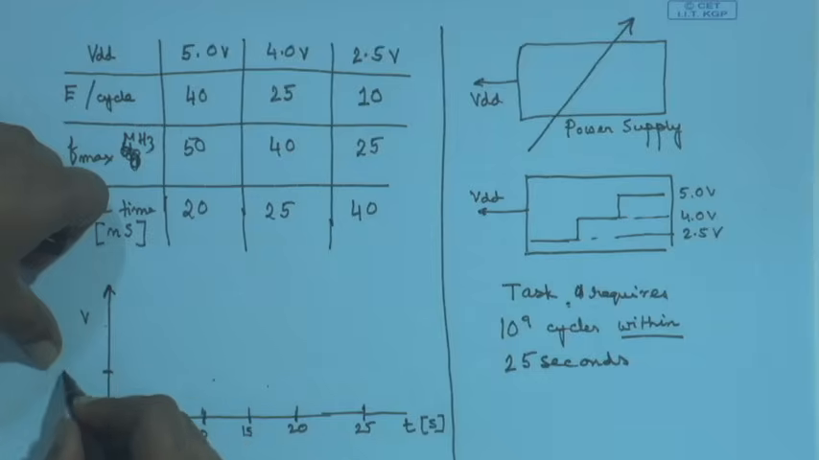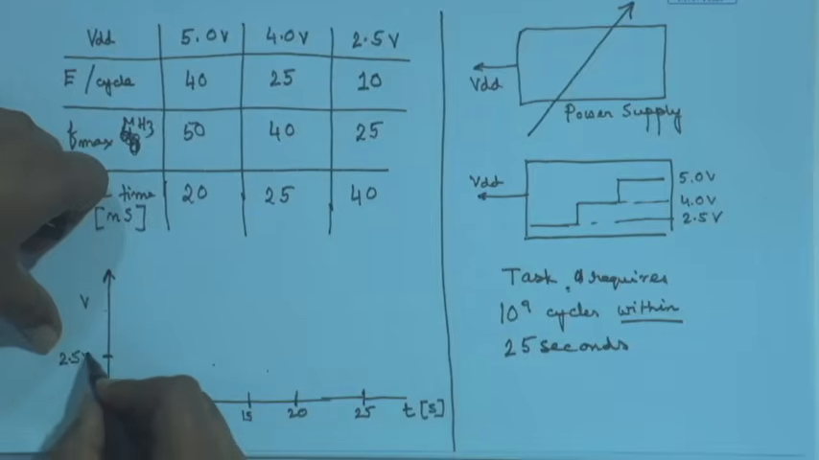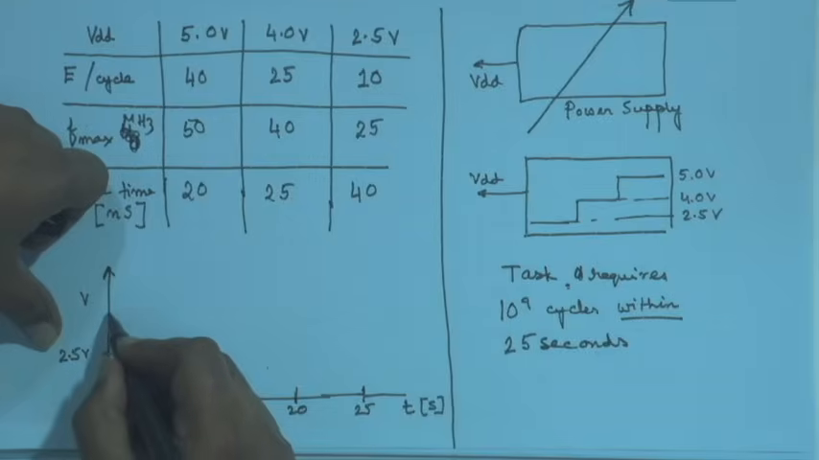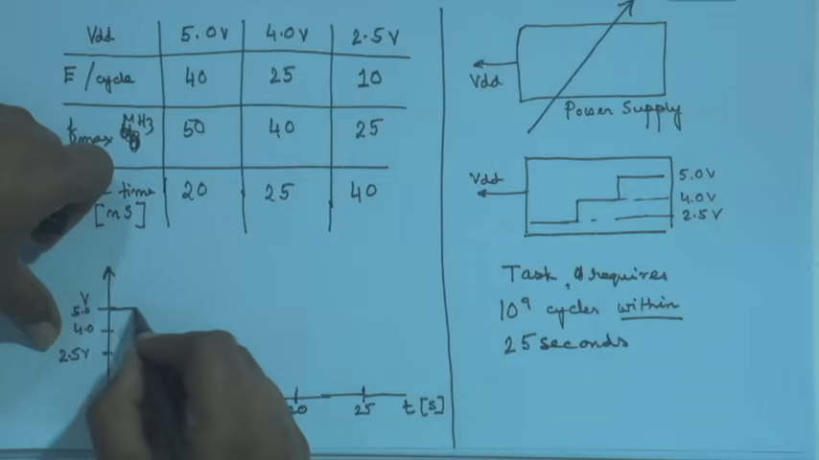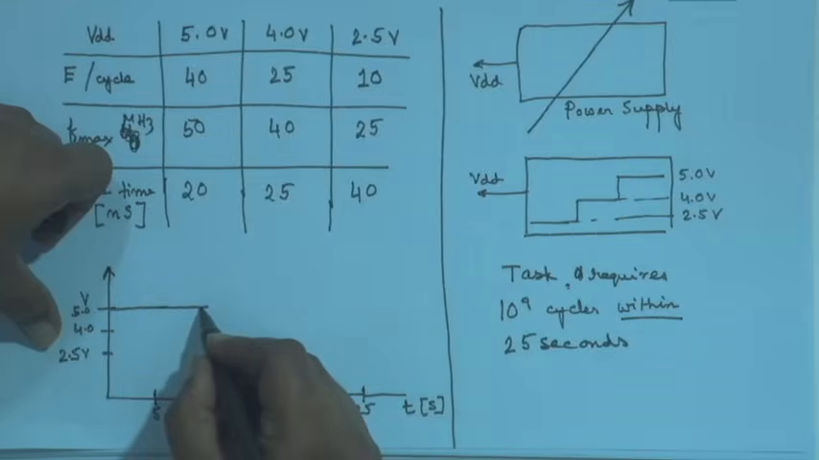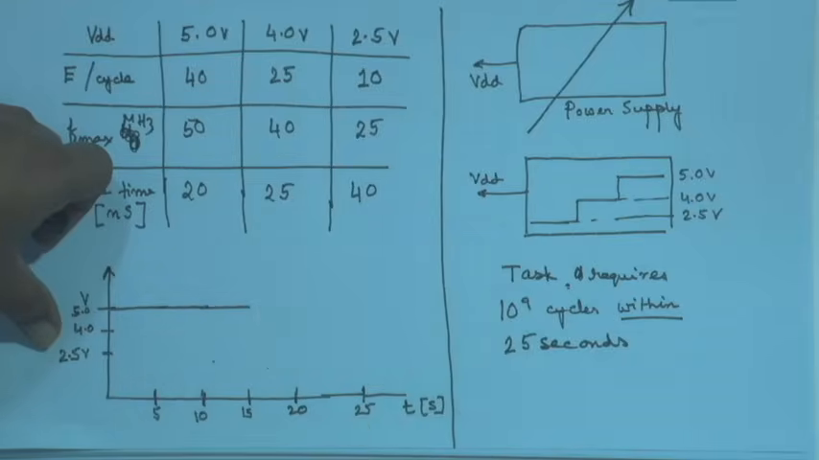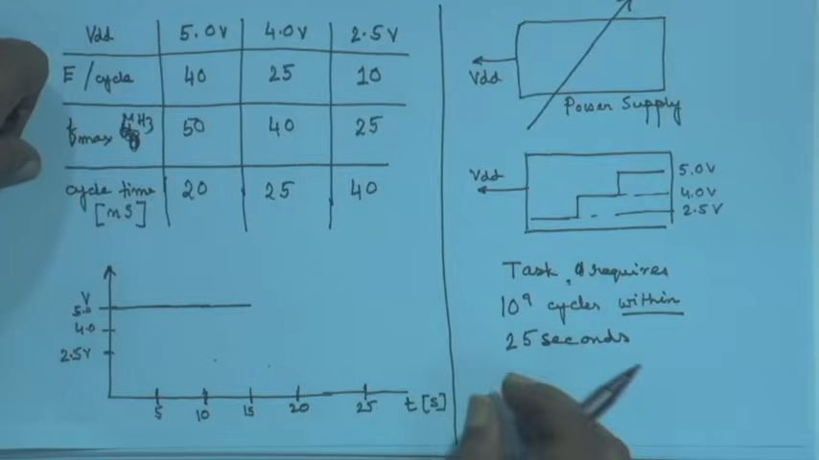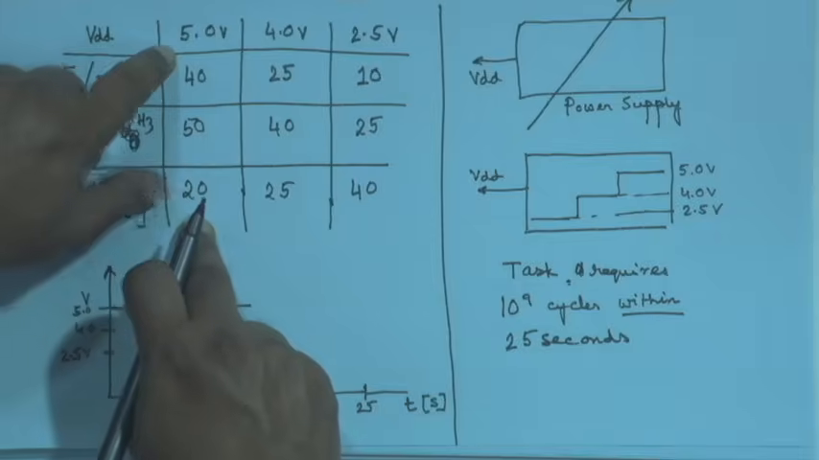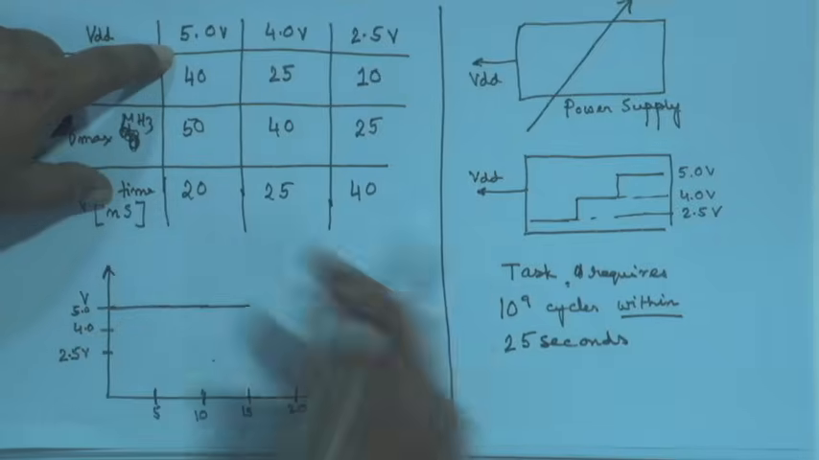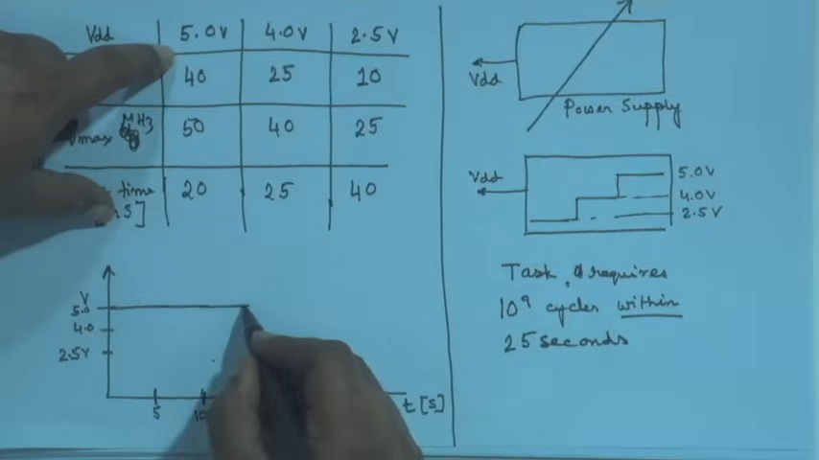This is 2.5 volt. So, maybe this is 4 volt. So, this is 5 volt. If I run it at 5 volt, can you tell me how much time it will take to complete 10 to the power 9 cycles, running it at 5 volt? So, 20 nanoseconds per cycle. So, it will be over by 20 seconds,